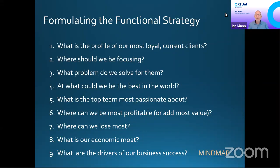What problem do we solve for them? Now, this is a very important question. Let me put it like this. The problem that you solve for them is the job that what you produce actually does for them. I'm going to give you an example, which comes from a guy called Christensen, Clayton Christensen, who taught at Harvard and was very popular. I'm not quite sure why. Anyway,